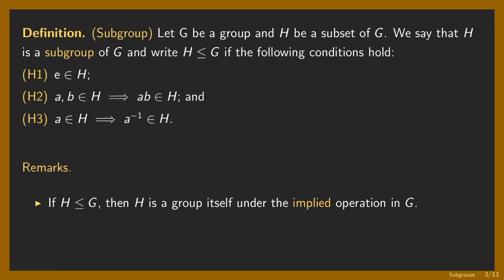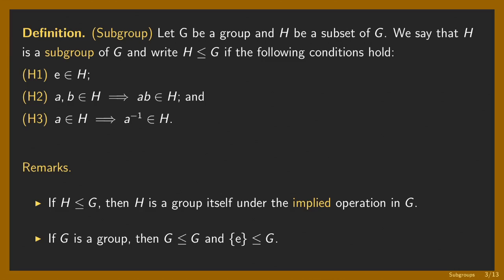Secondly, the identity element of G, which is E, will act as the identity element of the group H because all of H are also in G. Last but not the least, the closure for the product and inverses will guarantee that every element of H will have inverses, and these inverses furthermore can be found inside H. That's why if these three conditions are satisfied, then the set H will be a group itself.